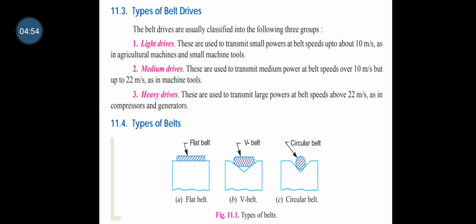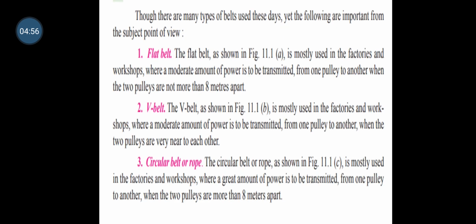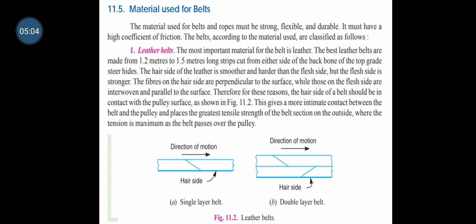And the next one is what are the materials used for belts. These are the three types of belt: flat belt, V belt, and circular belt. The next thing is the various types of materials used for belts. The first one is the leather material, fabric and cotton material, and rubber belt. These are all the different types of material used for manufacturing the belt. First, leather belt